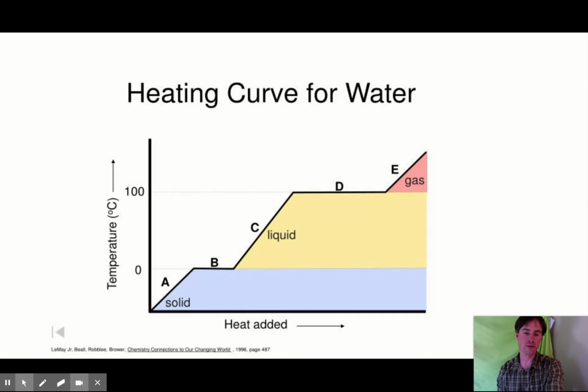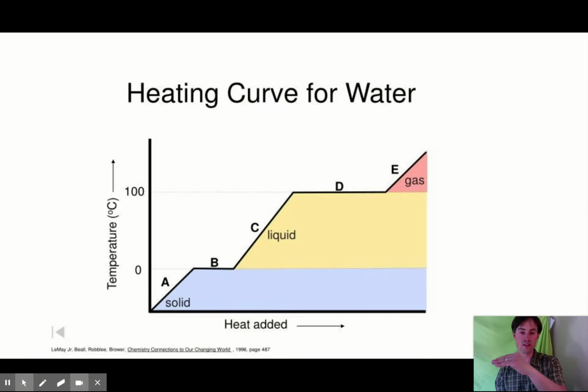Here's the heating curve for water. To explain this to you, we have temperature on the y-axis and heat added, more and more heat added, on the x-axis. As we add a little bit of heat, it's a solid. Going up from that, along A, we're adding heat and the temperature is changing. It's still a solid even though it's getting warmer. But then at 0 degrees Celsius, the ice